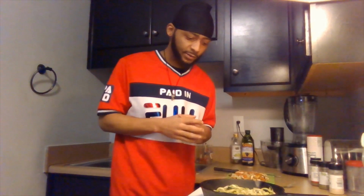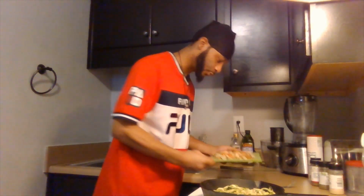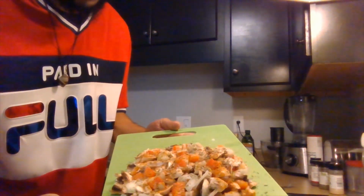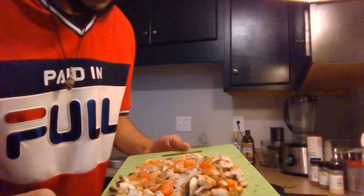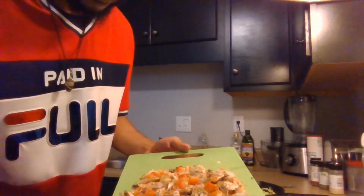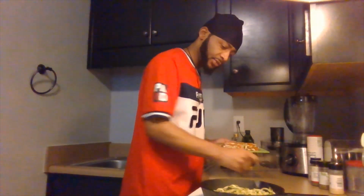So after about 5 minutes of my noodles being in the pot with the grapeseed oil, I seasoned up my mushrooms and peppers and onions. Can you see that seasoning on them? I got cayenne on them, onion powder, cilantro, thyme, sea salt. We can begin to add them to the